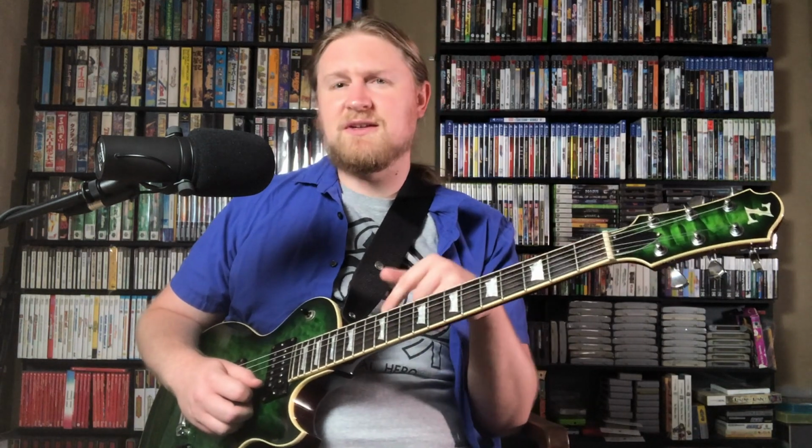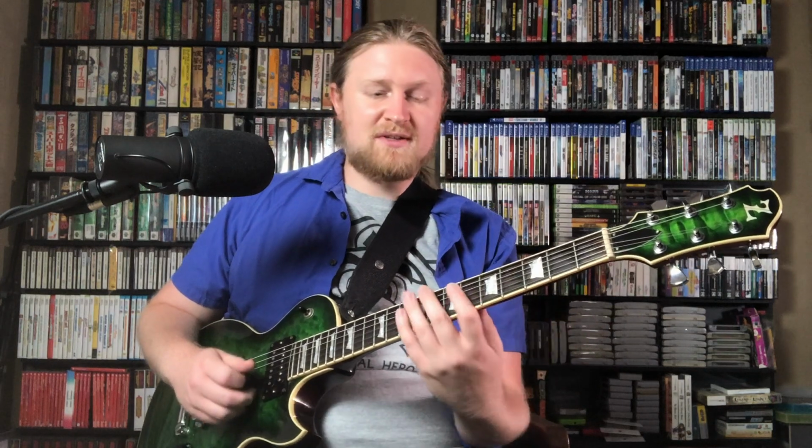You can take the concept that Jimmy does when he starts ascending in this line. He plays a group of 6, but rather than jump down to the next note, he starts up a 4th. So he starts on B in the line, goes up 6 notes, and then goes to E, goes up 6 notes. Now he skips a note in there, but still, it's a concept. So we can take E,